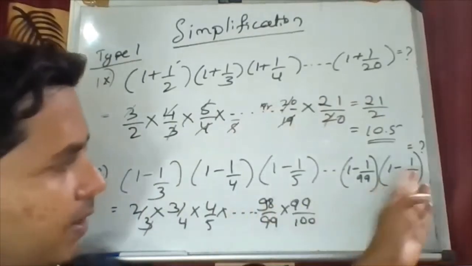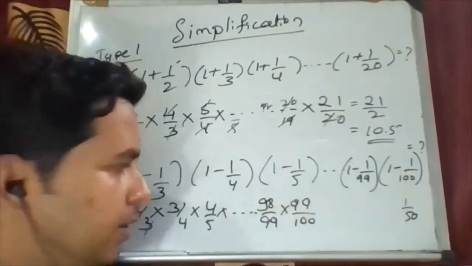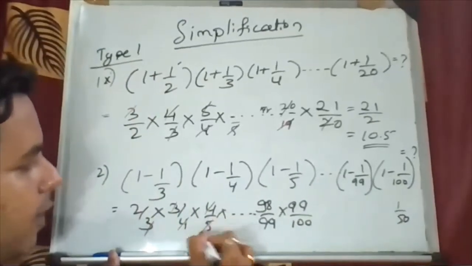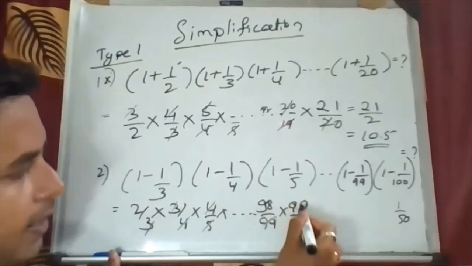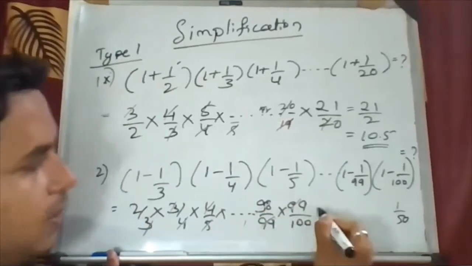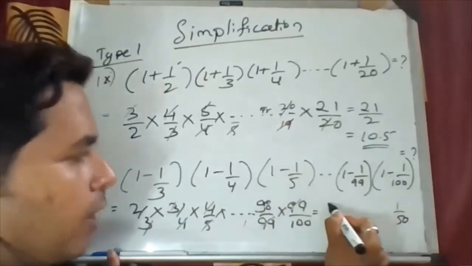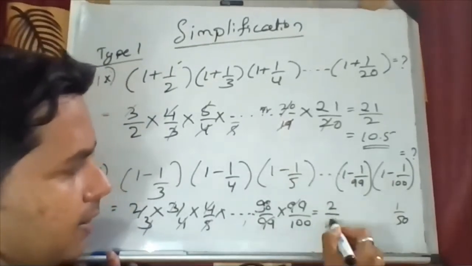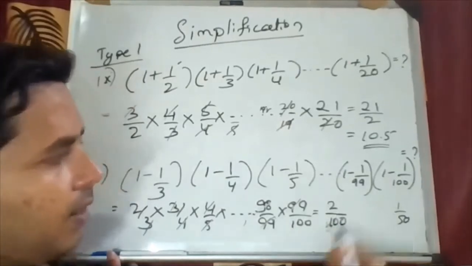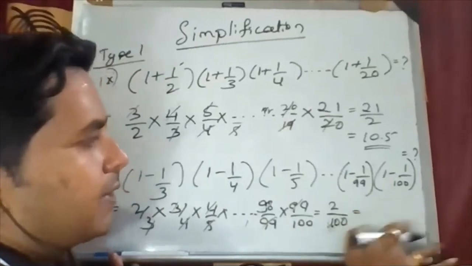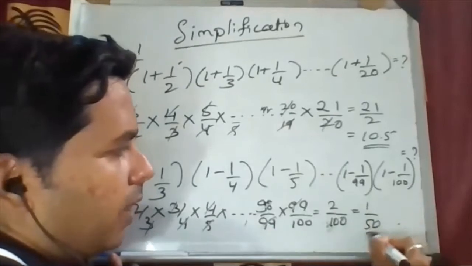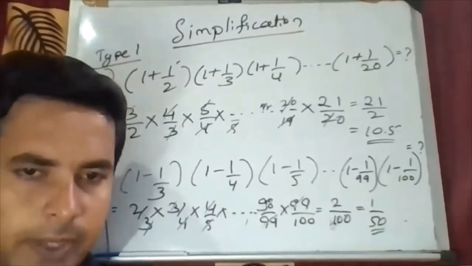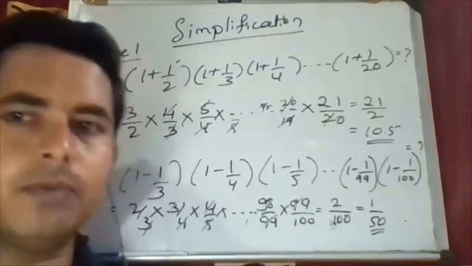So consider the same here. It is a reverse one. So here 3 will get cancelled, 4 will get cancelled, 5 like that here, and 99 and 98 also will get cancelled. So here it will be reverse. First digit numerator divided by last digit denominator. It is a reverse here. So you'll get an answer as 1 by 50. Okay, here 1 by 50.